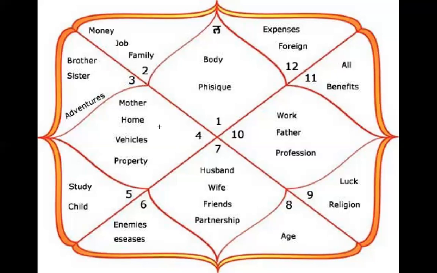It also represents blood because the lord of the fourth house, Cancer, in the Kalpurush Kundli is the moon. The moon represents liquid. The liquid which is flowing in our body is blood, and also the moon is the fastest planet. So the thing which moves as fast as the moon, synonymous to the moon in our body, is blood. It is the one which flows very fast. So the fourth from fourth house, we also see the blood.